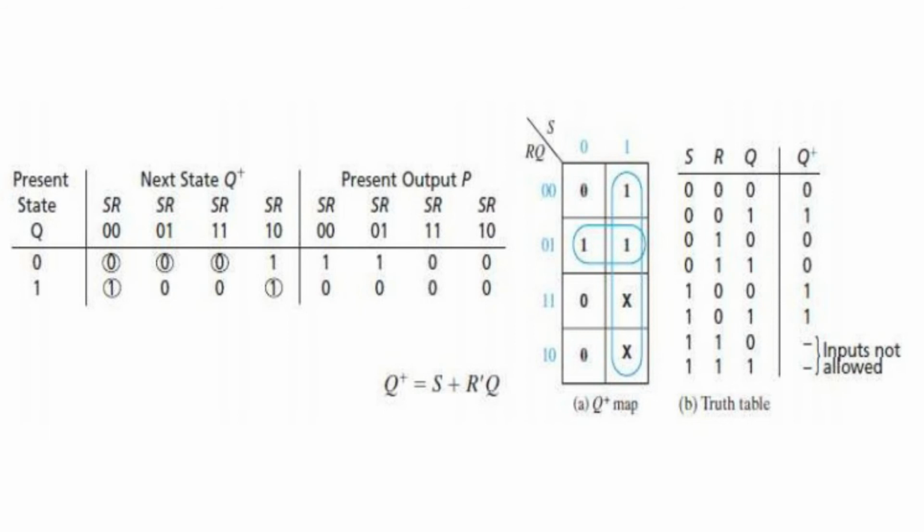In the next state, when S equal to 0 and R is equal to 1, as R is equal to 1, we reset it, and as we are resetting it, it will be 0 only. In the third state, where S and R equal 1 1, we cannot represent this state exactly because this is an undefined state, and we will represent it as X.